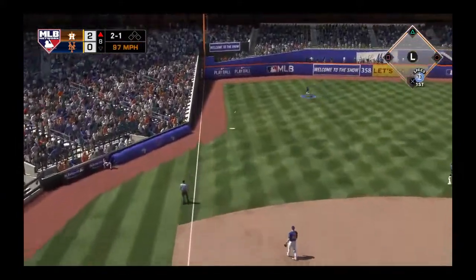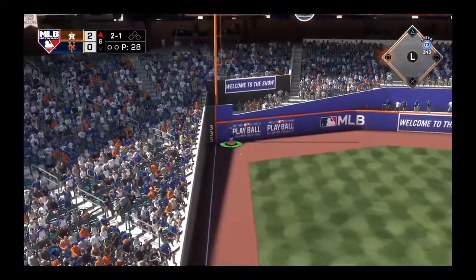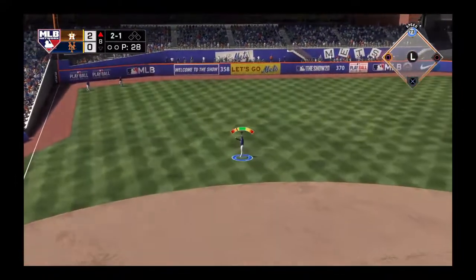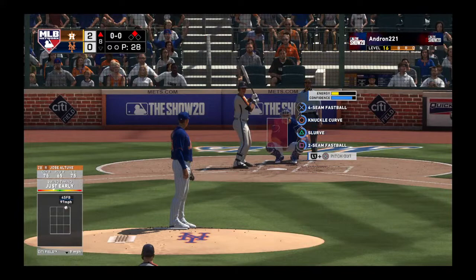Swing, line drive. That's going to be trouble. Turning for second is Altuve. And the Astros get something started right away. It's a leadoff double. The lefty,